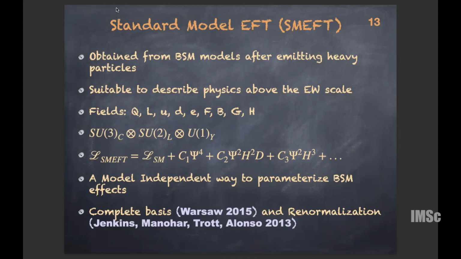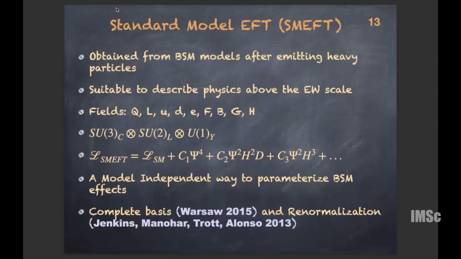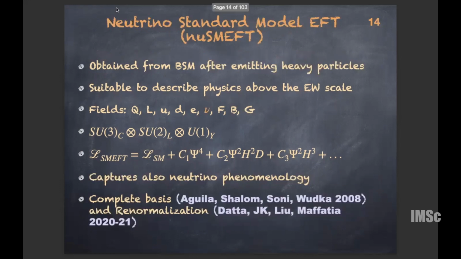Then this group found that some of the operators are redundant, and the final basis is known as the Warsaw basis. The renormalization, I think, was started in 2013 by the San Diego group. It was done in, I think, 3 years. Then comes the standard model EFT, which has something very important missing, which is a subjective statement. It includes only the standard model fields, but the right-handed neutrino, which is not part of the standard model, is very well motivated